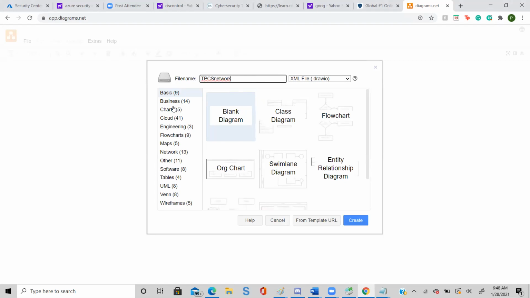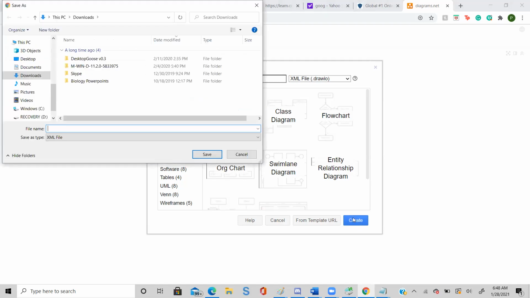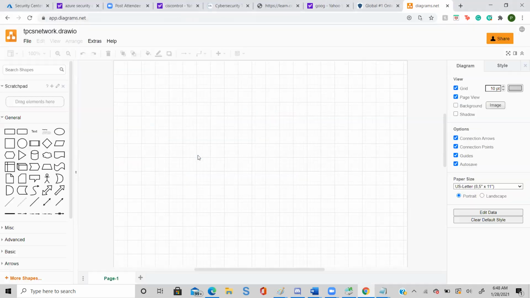Yeah, just click create. Just type anything and just click save. Click create.